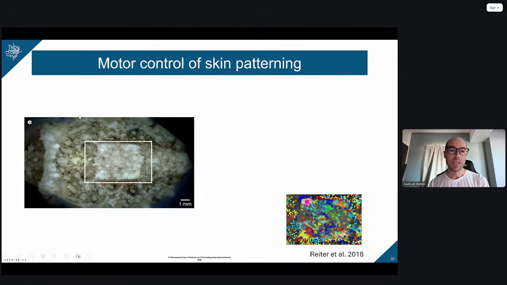So if we look at the animal's back here, but now at single chromatophore resolution, here I'm just zooming in on the center of the back. We can identify large numbers of these putative motor units. These are groups of chromatophores that we think are receiving common drive from a motor neuron. And they form these little spatially localized clusters in these different colors of these putative motor units. So we think this is looking one level down from the chromatophores to inferring